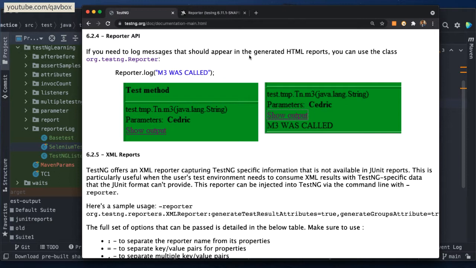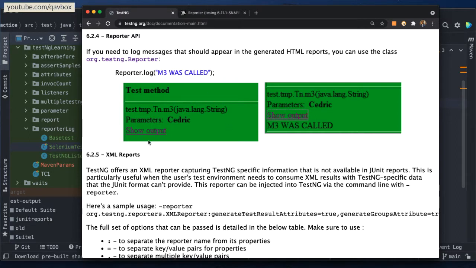So for TestNG, there is a Reporter. You can see this Reporter is a class or an API that is provided by TestNG, which gives you an option to note the logs or to capture the logs of whatever you are sending from your framework. Okay, so you just need to do one thing. You have to say Reporter, that is the class which comes from the org.testng package, and then you have to use .log. So Reporter.log, and any message that you want to send, you can send it inside this. That simple as it is.